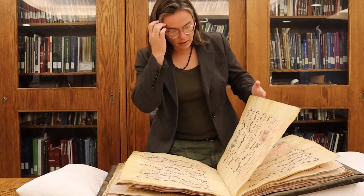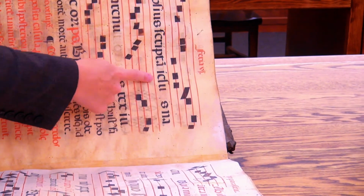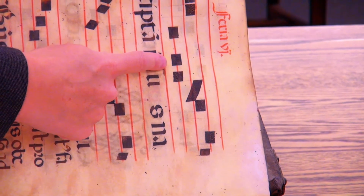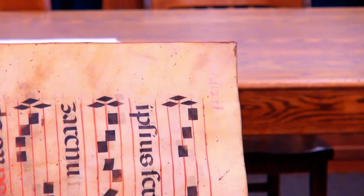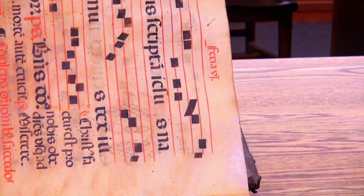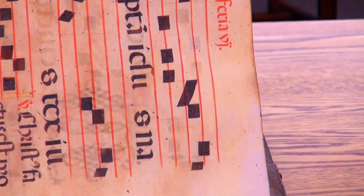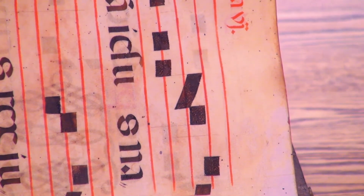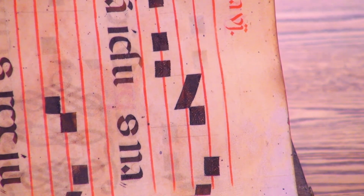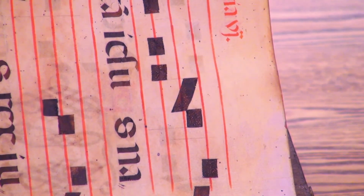Now, there's another, I'm trying to find, here's a good example of this. So sometimes over one syllable, so this is the syllable Jesus, you'll have ye, that's the first note on a D there, because here we have our F clef, so I know that one line below it is D. And then Zeus, it starts with that square note, and then it jumps up to a G, and then we have this long kind of sideways rectangle that comes down. The way you have to read that, regardless of how many pitches are inside of that, if it goes from the very top to the very bottom of the staff, it doesn't matter. The only two pitches that you are going to sing is the pitch that it starts on and the pitch that it ends on. In this case, it only goes down one pitch, so we go from G to F, so we just have, we know, Jesus,